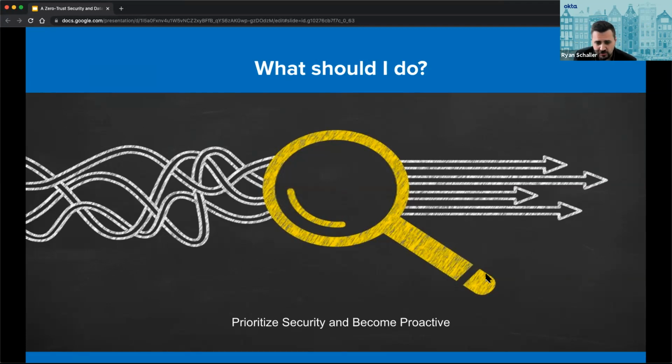Believe it or not, if it's all centralized, it's easier for developers or IT staff to cater and build some new services. So if I need to spin up something brand new so that Rita can work with the DMV easier, I would love to do that, right? And if I can do that in a secure and friendly manner, that's twofold of a value add. So being able to prioritize security and become proactive, it's not easy to do always. You might be plagued with the longevity of technical debt or systems that you are maintaining, but it's something you should keep in mind.